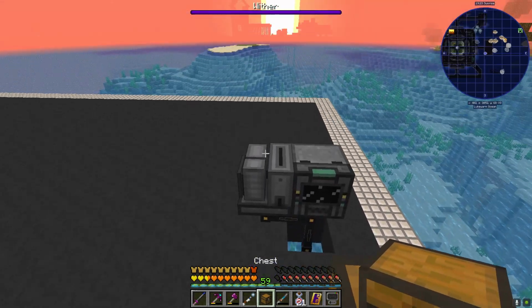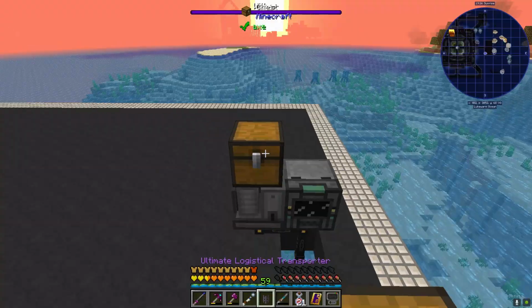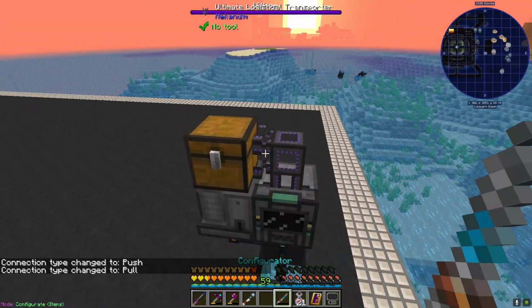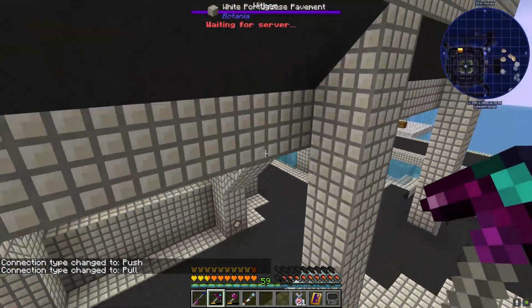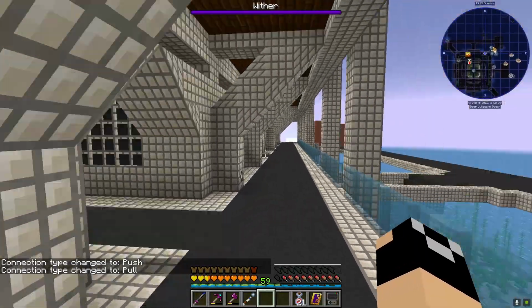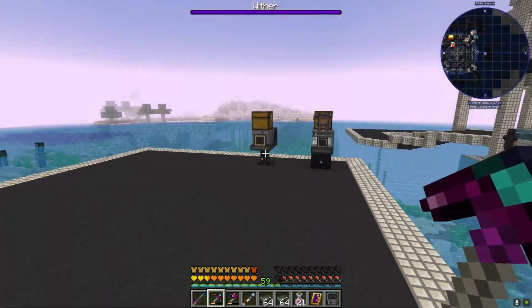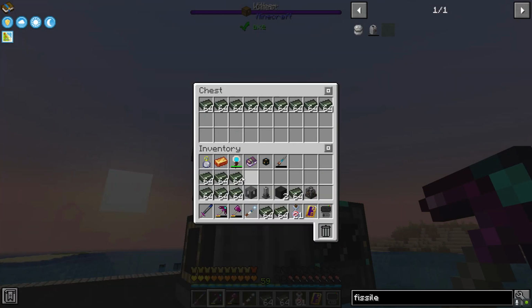And let's grab ourselves another chest and another, we'll just use the ultimate logistical transporters. It's really faster than what we need at the moment, but we can do it, so we might as well. And then let's pop over, let's grab ourselves a bit of uranium just to get this system started with. Now we'll have to speed this up with some speed upgrades. I kind of want to be a little bit cautious about that just to make sure that we've got the